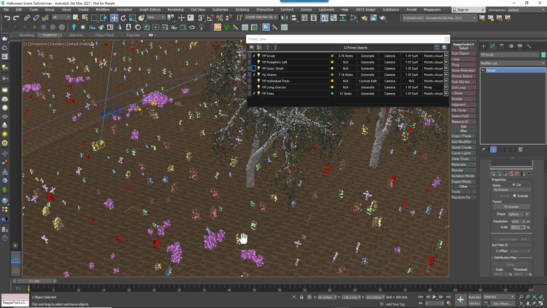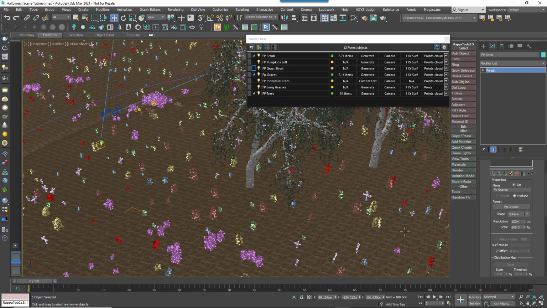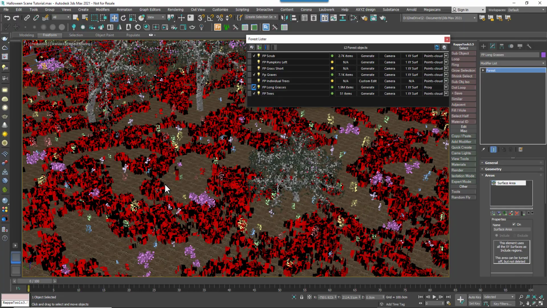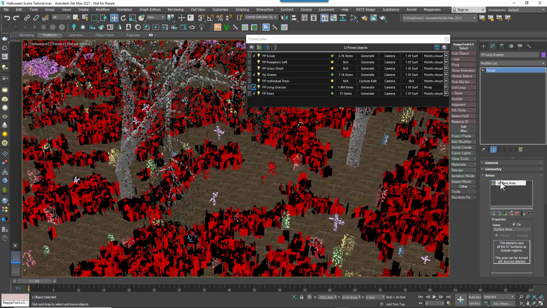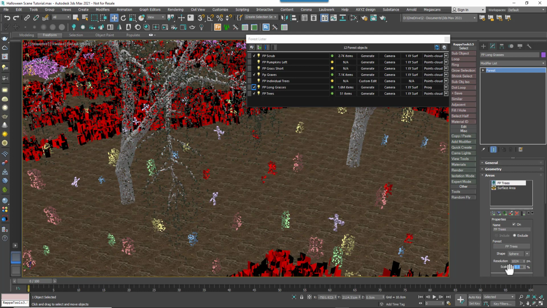Okay, so now let's look at another way we can use these exclude areas, this time with fall off curves, to create patches of long grass that surround the trees and the headstones where they'd be hard to mow. Once again, we're starting with a scatter that's applied across the whole surface. And once again, we're going to add the trees as an exclude area. This will remove the grass. I'll reduce the scale value again so that the grass reaches the trunk.